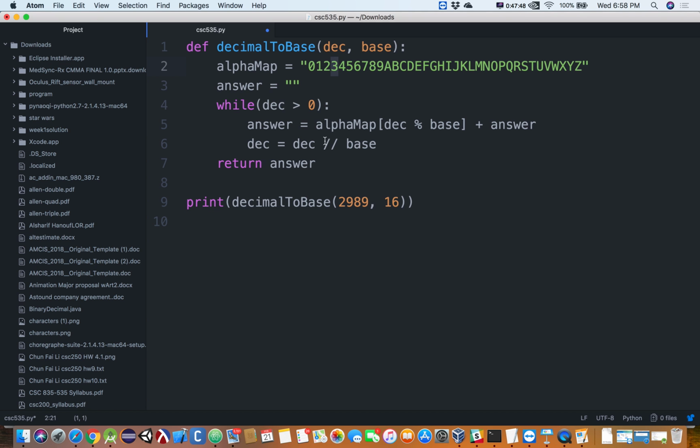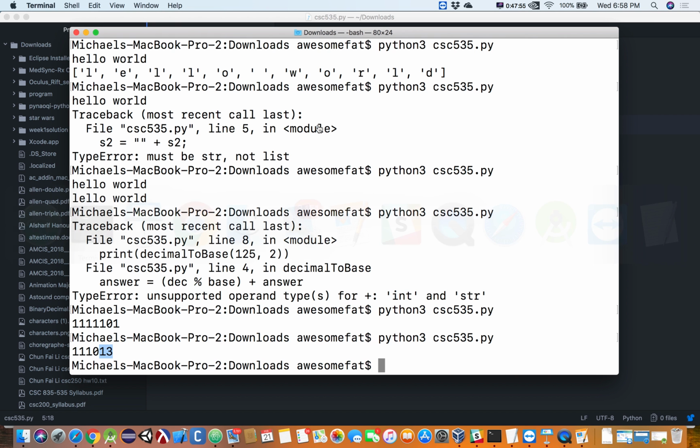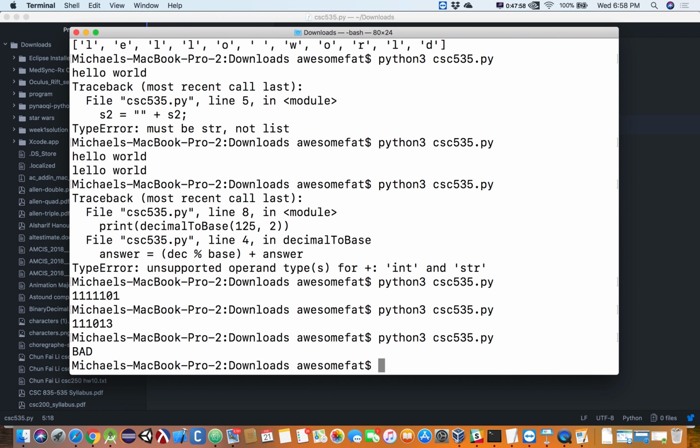Those guys should come out in chars, so I think I can use concatenation with a char and a string. If it yells at me, I'll just have to convert it to a string first. Yeah, so there's my BAD. Does